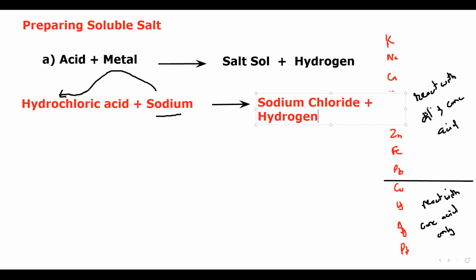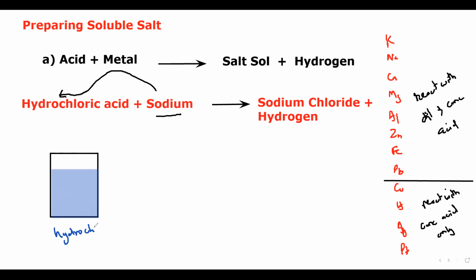So this will be the product, but experimentally, like experimental procedure, how we can work out in terms of experiment. So what we will do, we'll take a container and we fill this container with dilute acid, because in the lab we don't use concentrated acid as they're highly corrosive, so we use hydrochloric acid. So we use hydrochloric acid here,